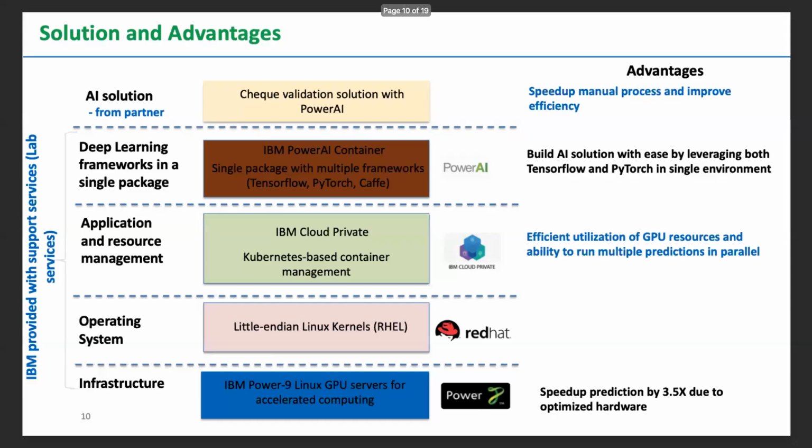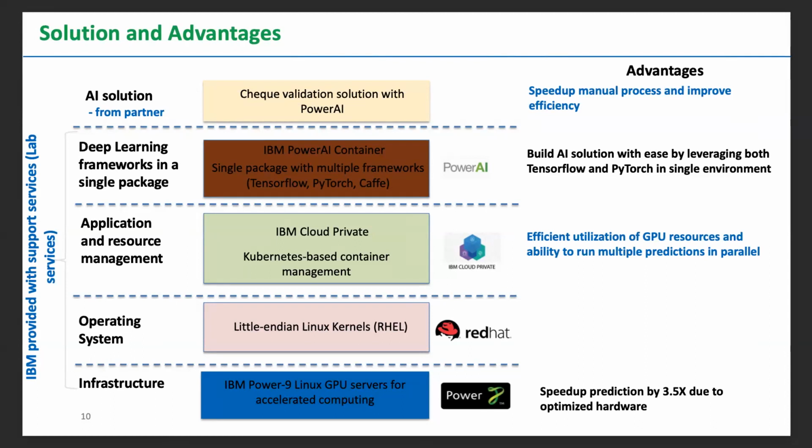Before that, we want to discuss more about the advantages of how we developed this solution on IBM. We run this on AC922 servers. One major advantage is faster processing. The AC922 has four V100 GPU cards.